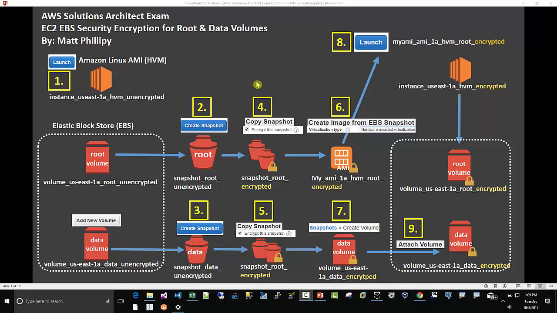Hi, my name is Matt Philippi, and this is a video tutorial on AWS EC2 Elastic Block Store Security, encryption for root and data volumes. In this video, I'm going to provide a hands-on tutorial on how you take unencrypted EBS volumes and turn them